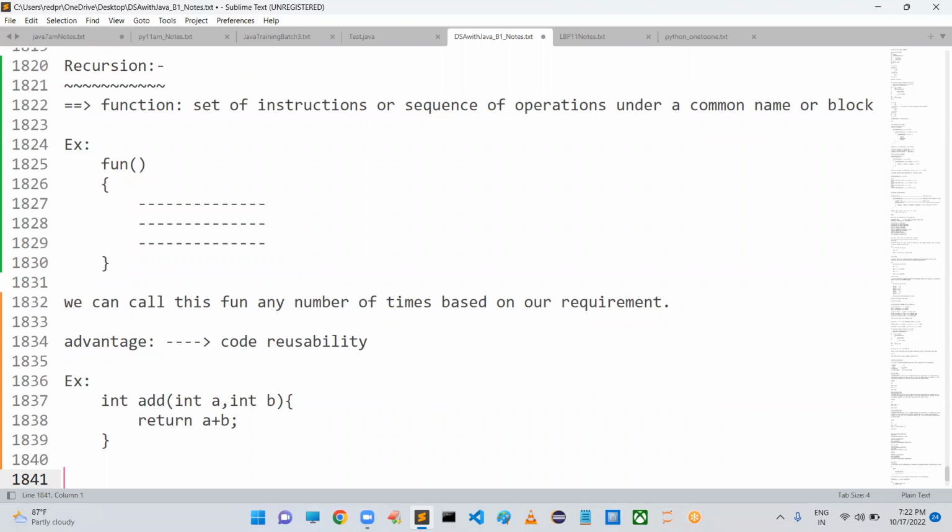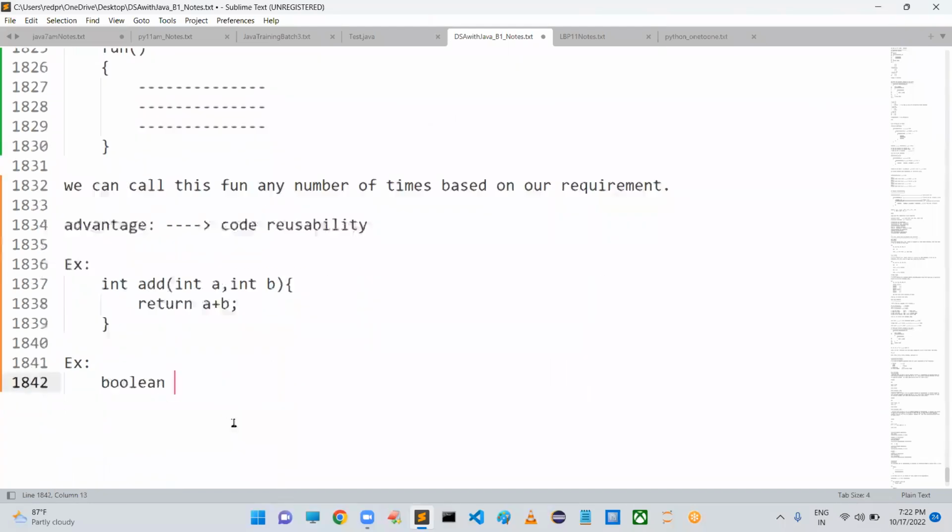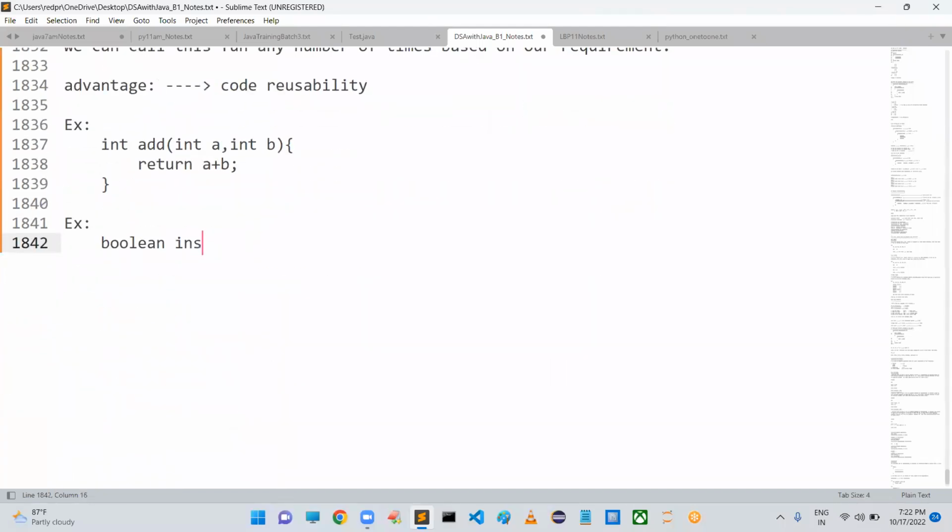Since it is a small program, you may not get it clearly, so I will take one more function, something like Boolean, written in Java style: insert record into a MySQL database.